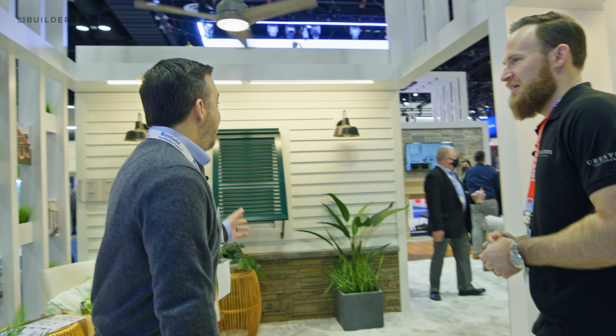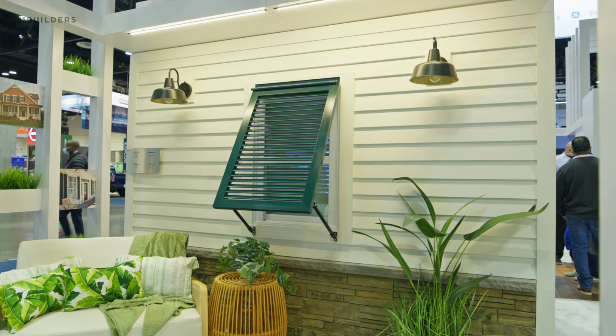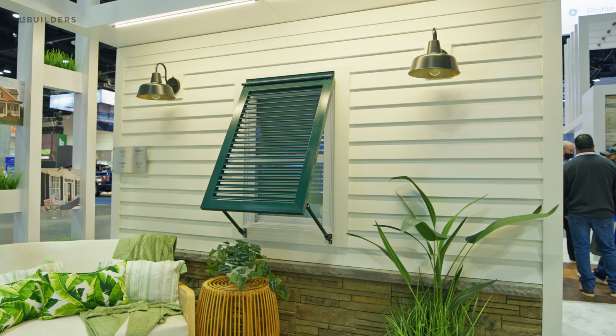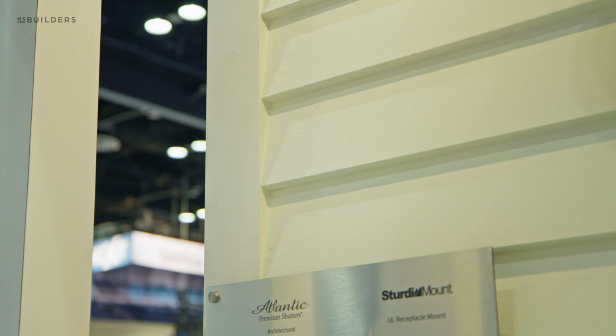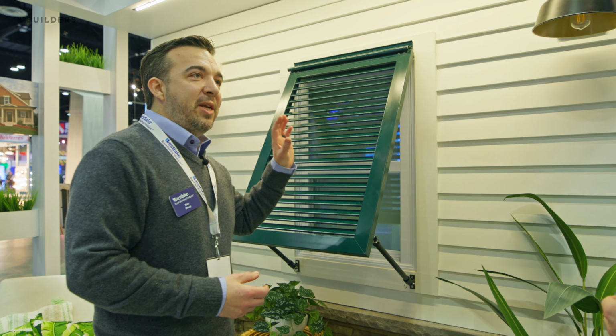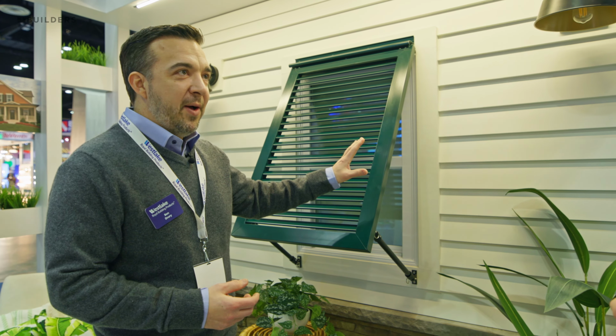Excellent. So what we've done here is we've created your traditional look. You don't really get that anymore. That's a traditional cedar with the 5/8 butt joint here. It gives you that deep shadow line. But the true innovation on this product is what's inside. It's the polyash material, just giving it dimensional stability that's unlike anything else,